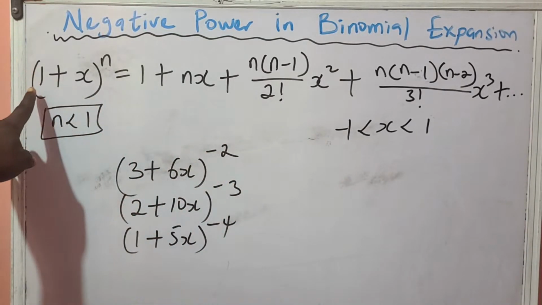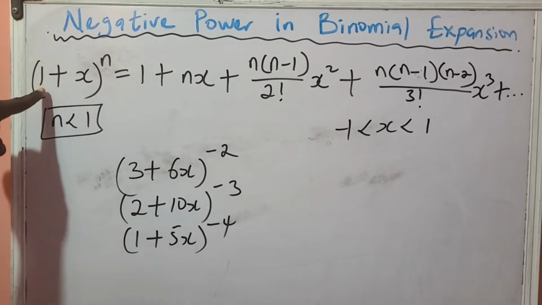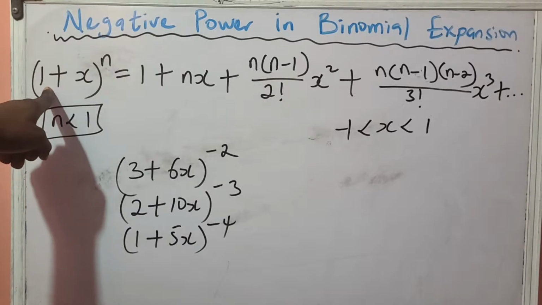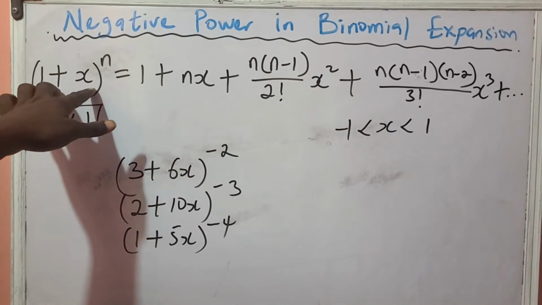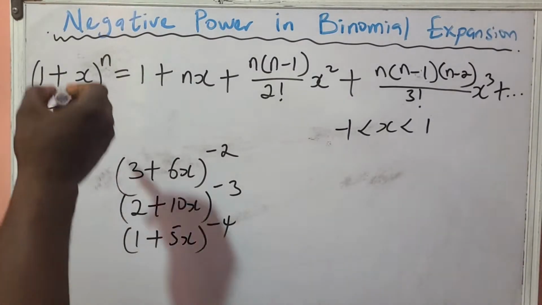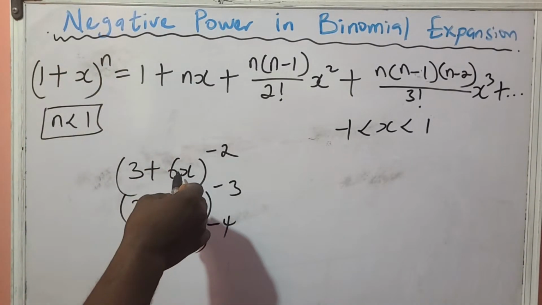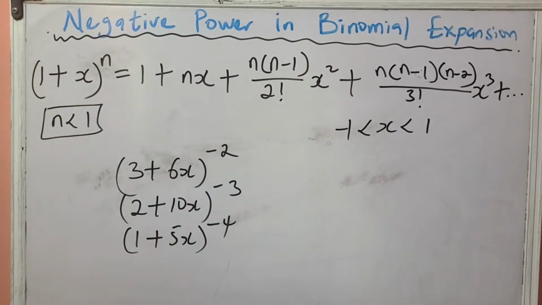Look through very carefully and notice something. Number one, the very first value inside the bracket is a 1. Number 2, the second value is the variable, in this case x. Now, I need to state carefully that this value of x here could be 6x, it could be 10x, it could be 5x, it could be any